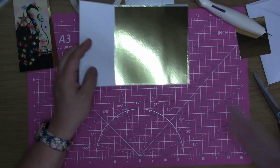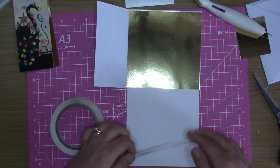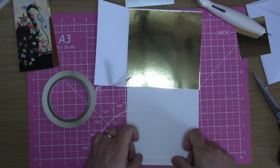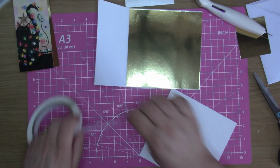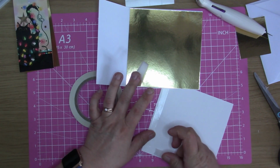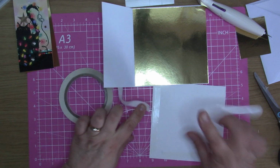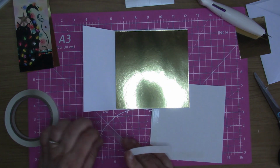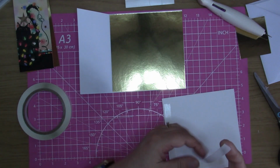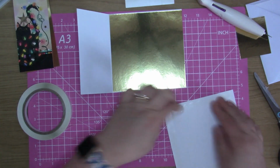Didn't move it close enough to the edge, but I'll have to go with that now because I've already stuck it down. Should have put a bit of tacky glue on there to help with the stickiness of it and to help me with removability a little bit, so I could have taken it off and turned it around and redone it. Never mind. Anyway, so we're going on to the next layer,